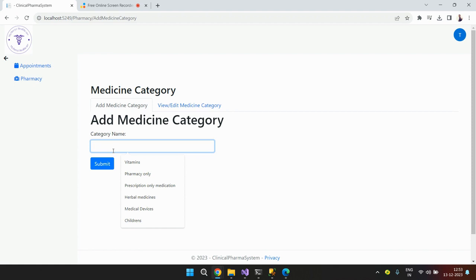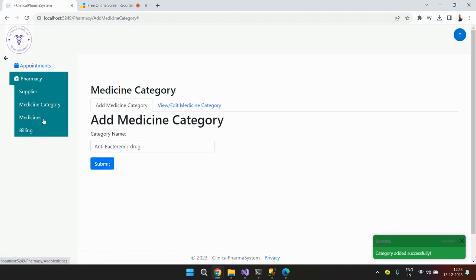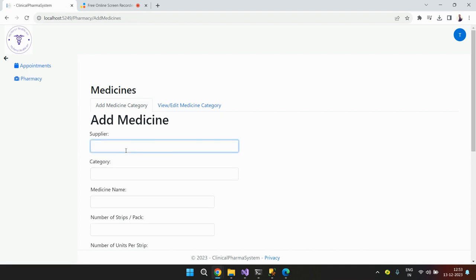So the category we can give for this is, so once I added the category, I'll be proceeding with just adding the dummy data supplier, dummy supplier for our drugs,